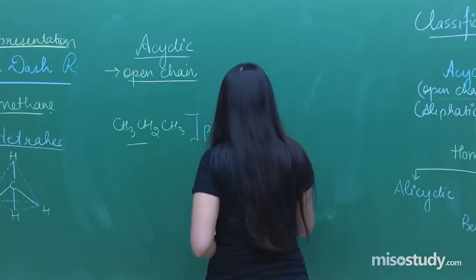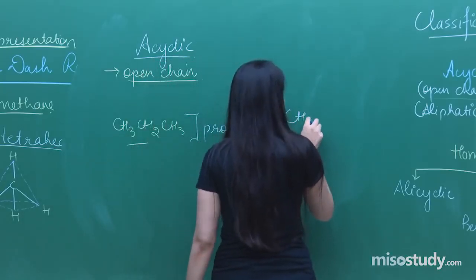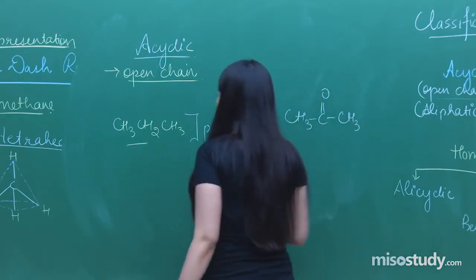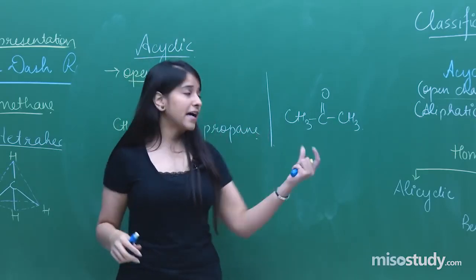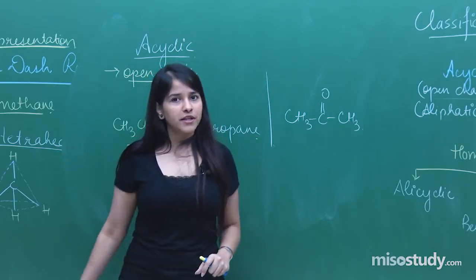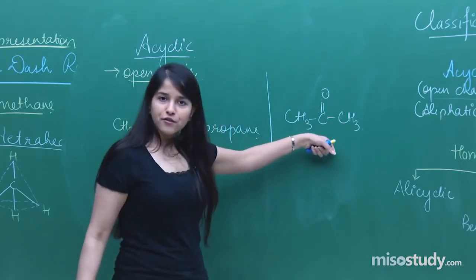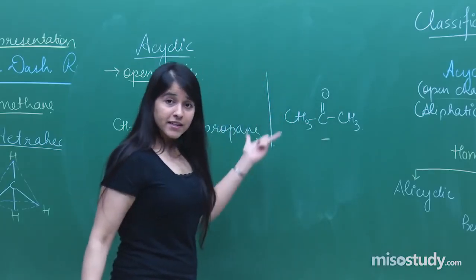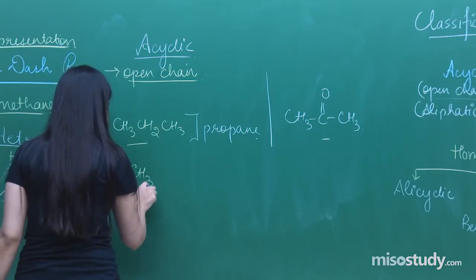Or what can I have in terms of functional group? Again, I will be dealing with the functional groups as well. You must be having a little idea about them. What are the functional groups? Those which are attached to the carbon chains and are actually responsible for the chemical properties. I will be dealing with the definition as well. So this is another kind of functional group. Over here, this is known as ketone. So again, it is a non-ring structure. What can I have next?